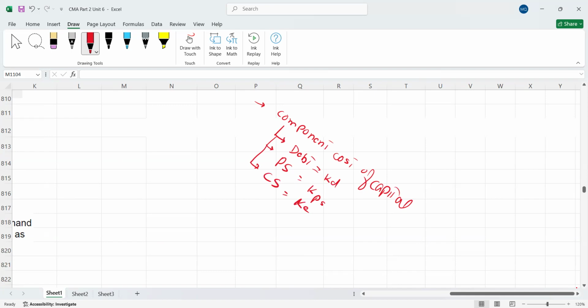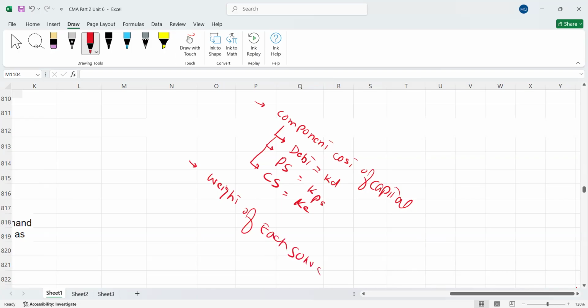This is what we will discuss. This is called component cost of capital. If you are issuing new debt, or the preferred stock, or the common stock, how would you calculate their individual source cost? And step number two, we will calculate the weight of each source, so that